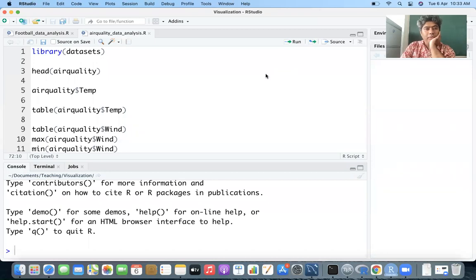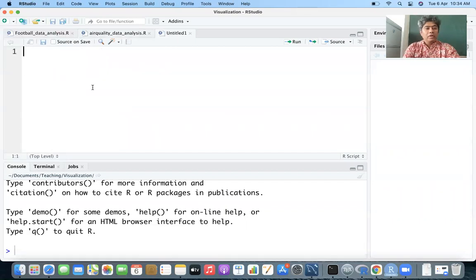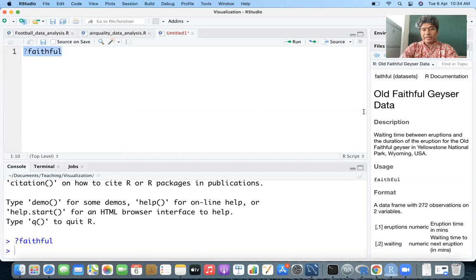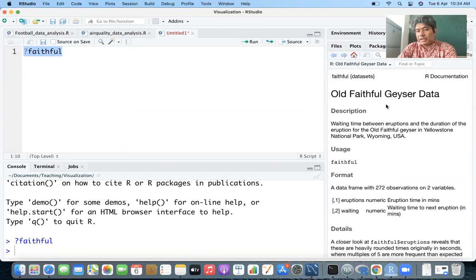Today, we will start with an interesting data set. We call it the Old Faithful Geyser data set. If you put a question mark and run it on the console, it will give you the basic description. It's the waiting time between eruptions and the duration of the eruption of Old Faithful Geyser in Yellowstone National Park in